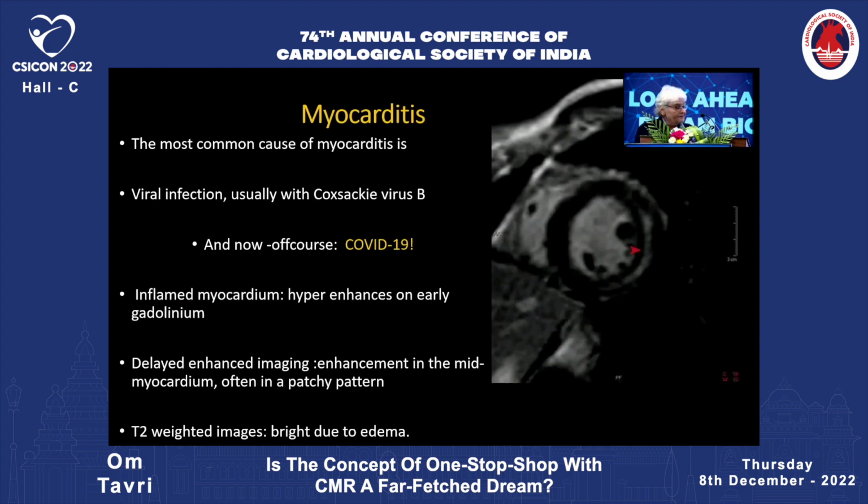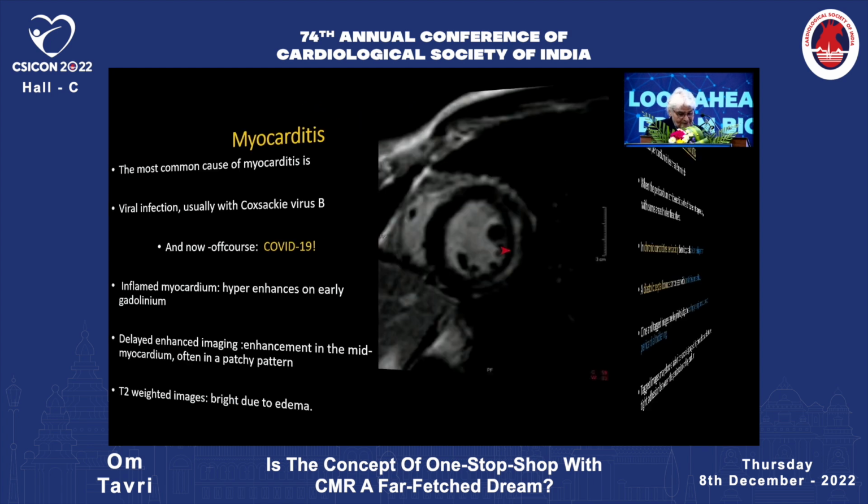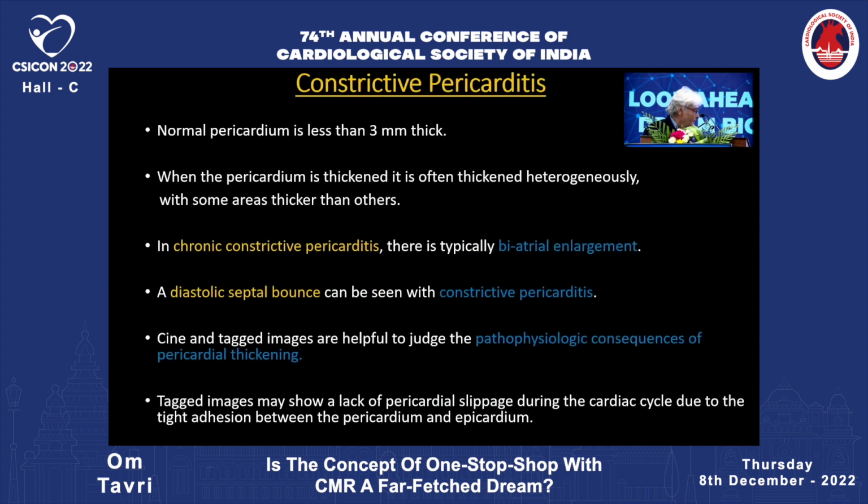Myocarditis, and especially we saw a lot of patients due to myocarditis in the last 2 years, and we can really diagnose it nicely. In fact, one of my residents got that, and I followed it religiously, and he's doing well